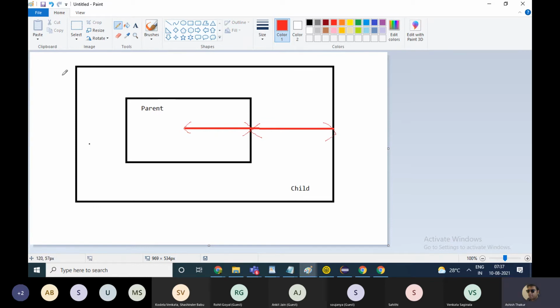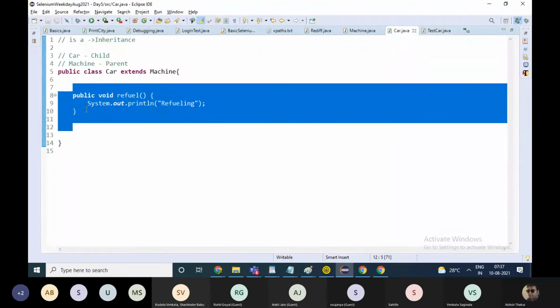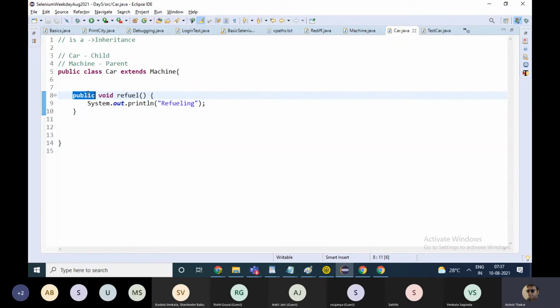And we are going to use inheritance in our framework everywhere. Now somebody was asking, can we extend the private functions as well? I haven't talked about access modifiers right now, so when I talk about them, I'll tell you.